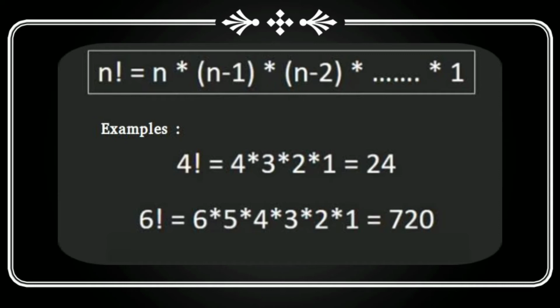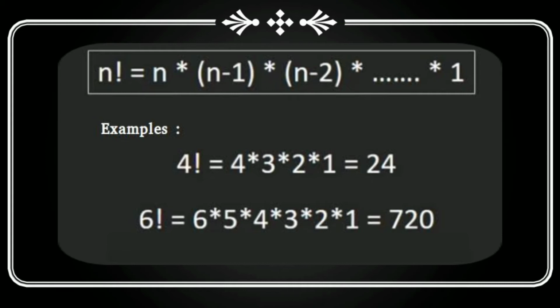We need to stop when the 1 comes, or in other words what I can say is, I will start from 1 and keep multiplying 1 into 2 into 3 into 4 till the desired number n comes. It will be easier if you see this factorial in this way. See the next example, factorial of 6. So see this in my way. 1 into 2 into 3 into 4 into 5 into 6 till the number 6 comes. So the answer is 720.